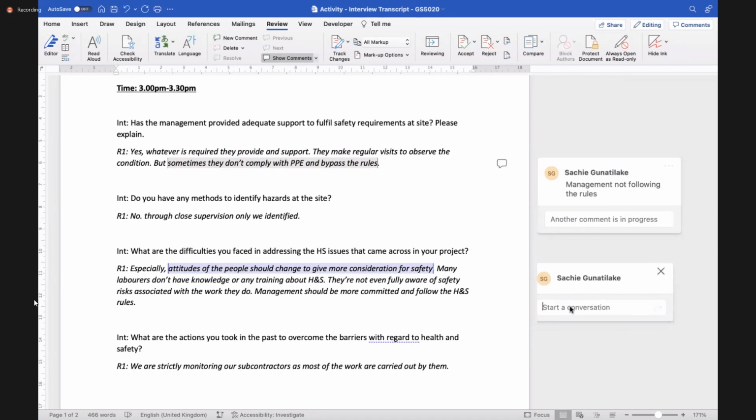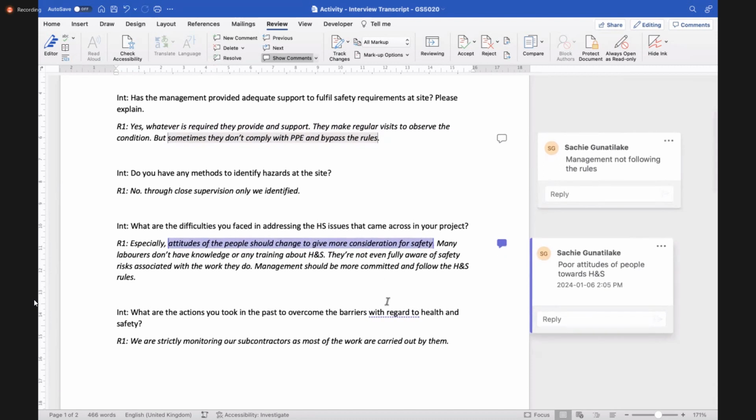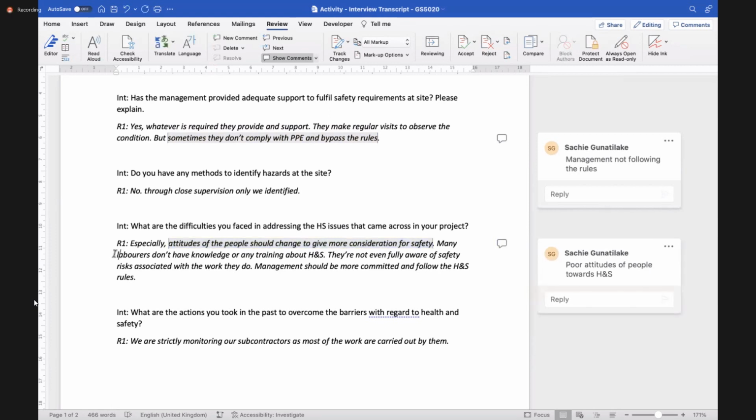Maybe that's talking about poor attitudes of people towards health and safety. Say, many laborers don't have knowledge or any training about health and safety.